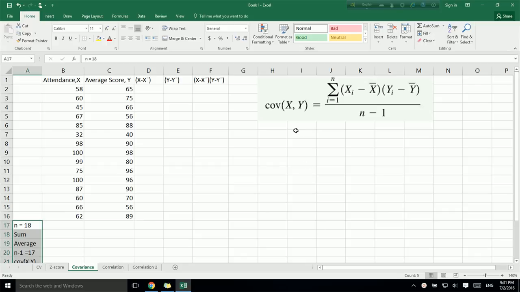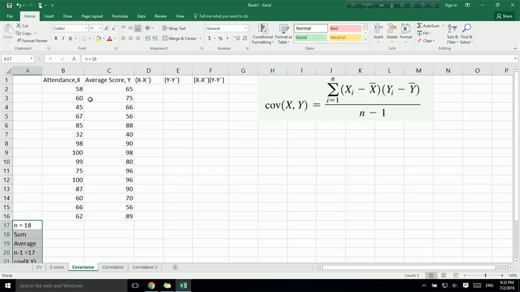For example, suppose we have the attendance and average score of each student in a class of 15 students, and both attendance and average score are measured in percentage. Let's denote attendance as X and average score as Y. If we get the covariance of attendance and average score, it will give us the strength of the linear relationship